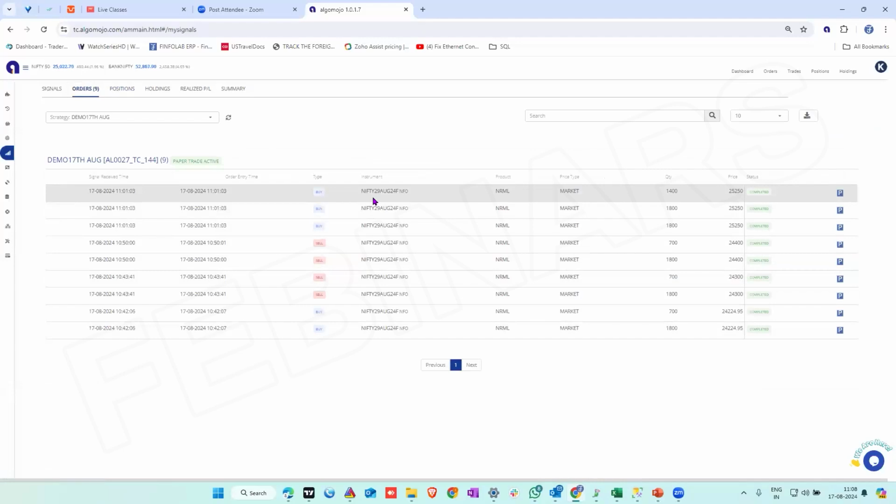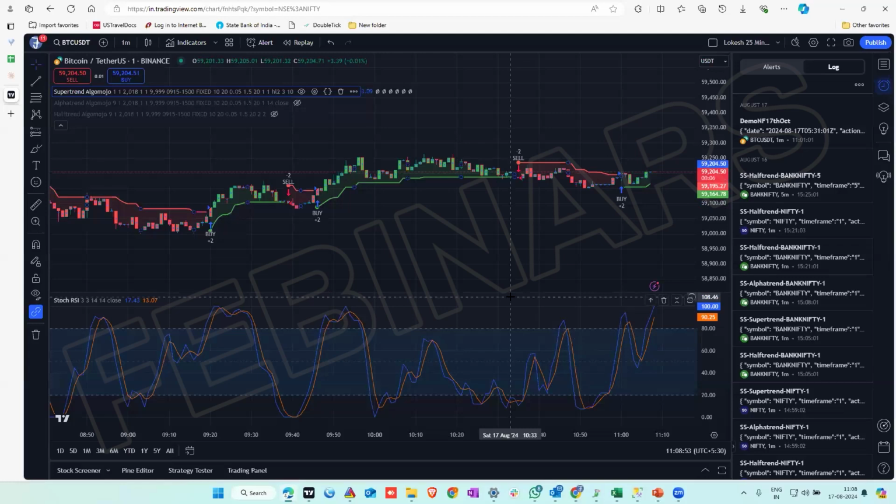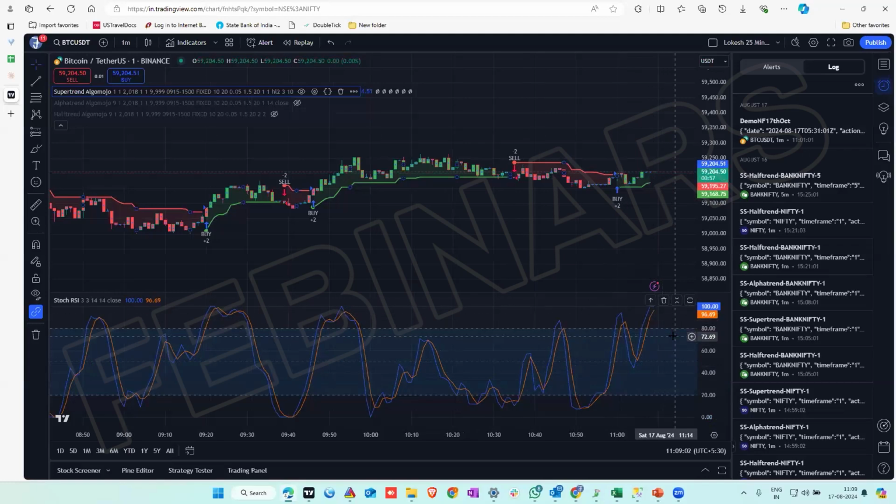Right? So we were discussing how to do the automation for an RSI based indicator. Now RSI has touched 100. I would like to take a short position if the RSI comes down to say 80, or I'll keep it at 75. The process is very similar to the way we did it for Supertrend. We define the entry and exits. So for the indicator, come here and use this more button and say